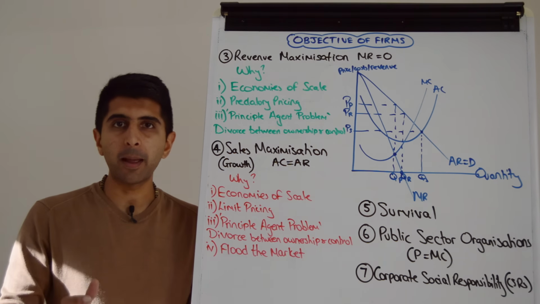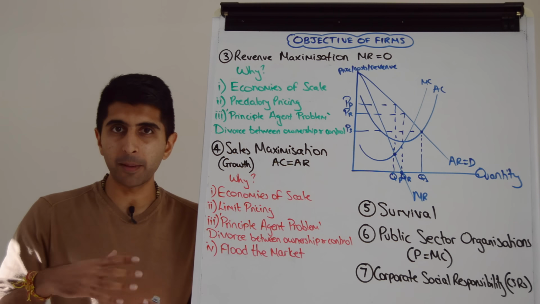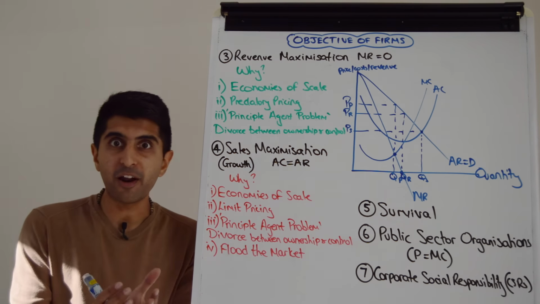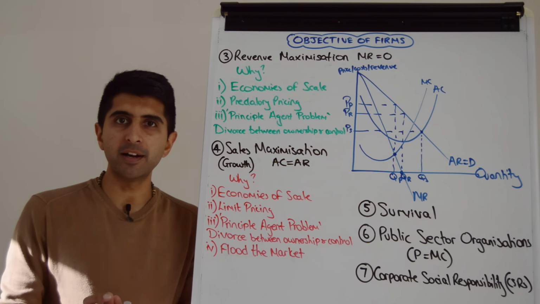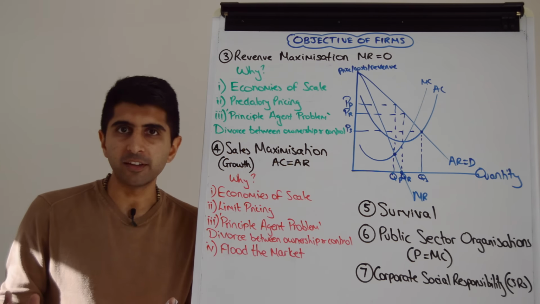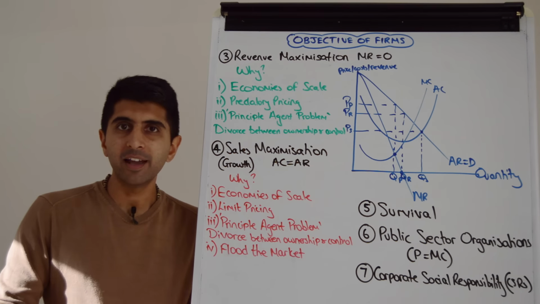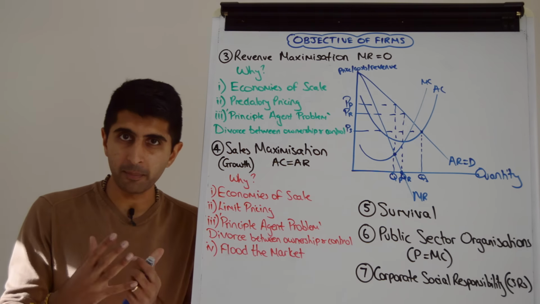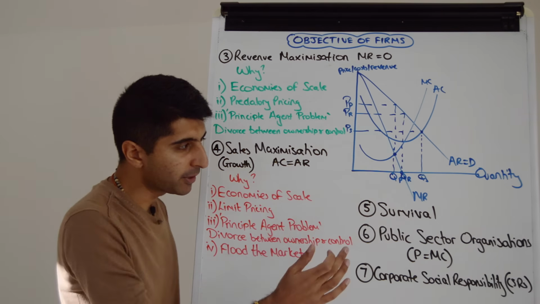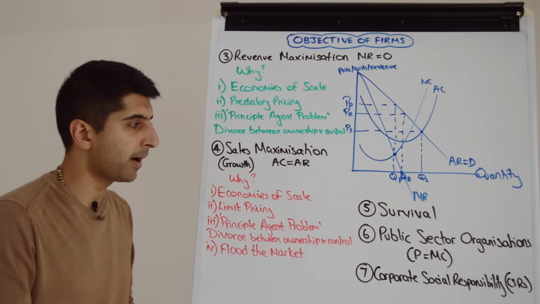In that period of time, they want to spread their brand awareness. They want to make sure consumers are aware of their amazing product. And if they are successful in just surviving that period of time, even if they're making losses, once people are aware of their product and they've developed some loyalty, that's when they can start to change their objective more towards making some profit. So survival might be a short-term objective in hyper-competitive markets.